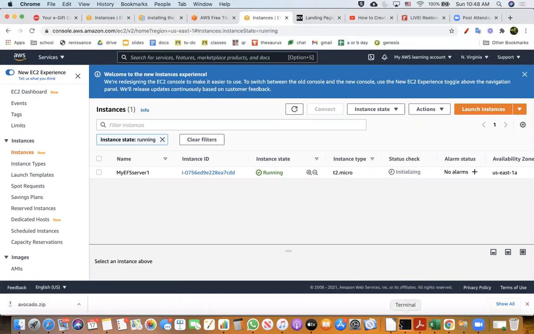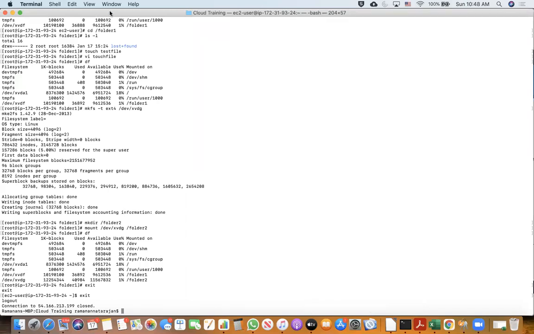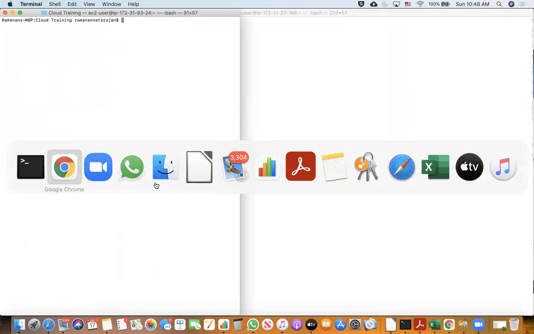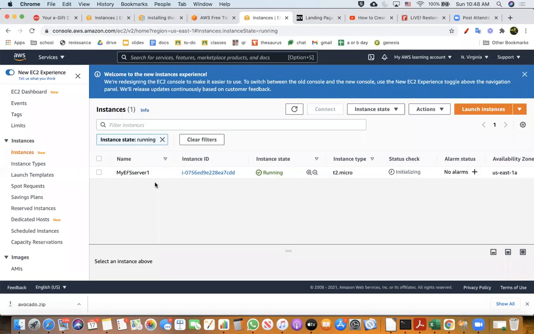While it's happening, what I'm going to do is make this window into two concurrent windows here. There is a clear command that will clear all the previous commands that I have done. So what I'm going to do is open a second terminal.